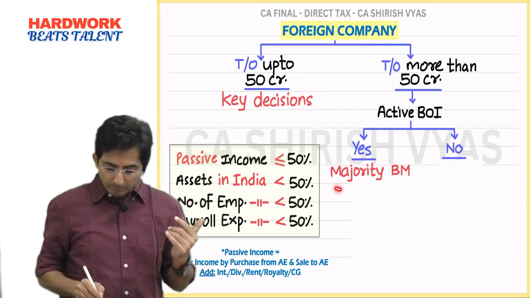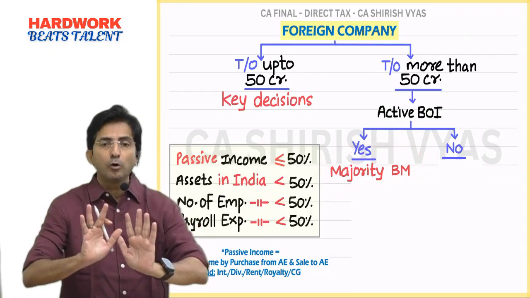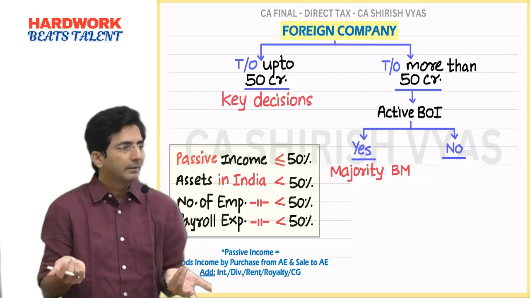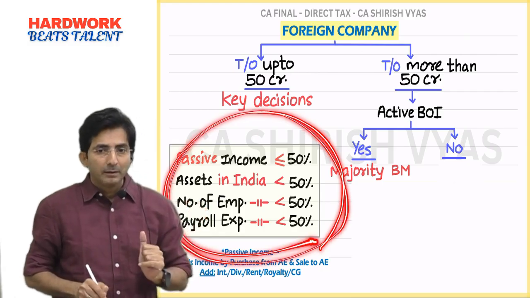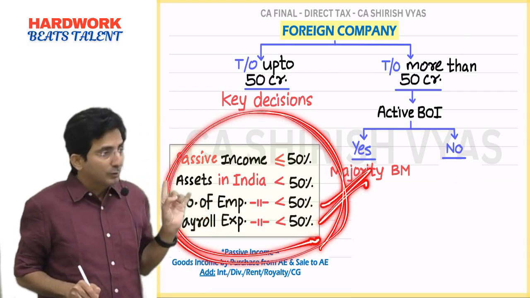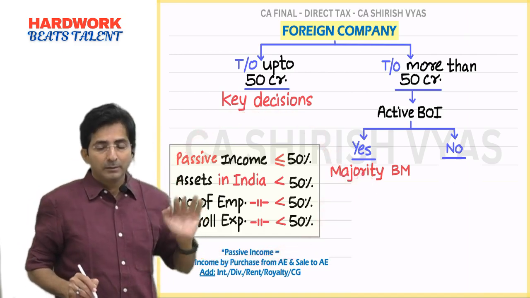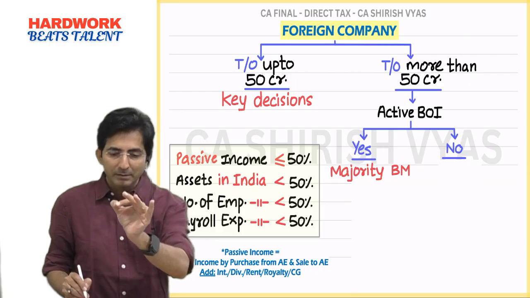See, manipulating the number of board meetings, you can easily do it. But do you agree passing this test is not that simple? Only if you are naturally like this, you will pass. This is best like